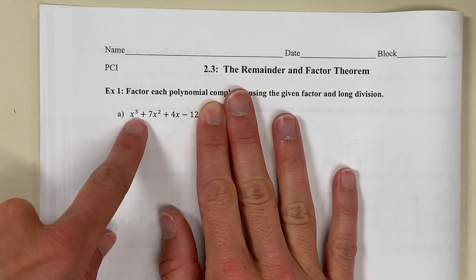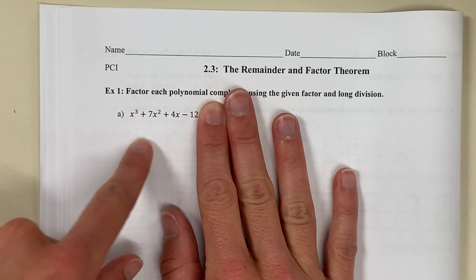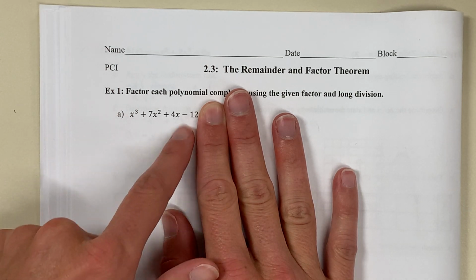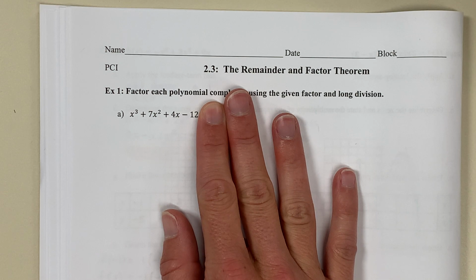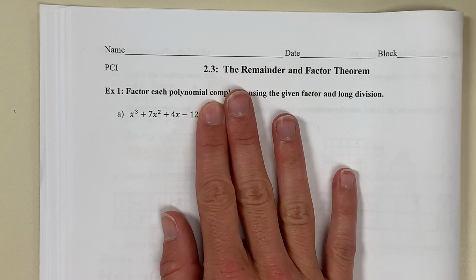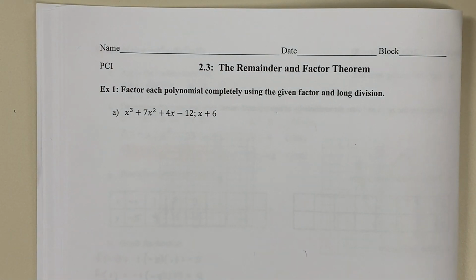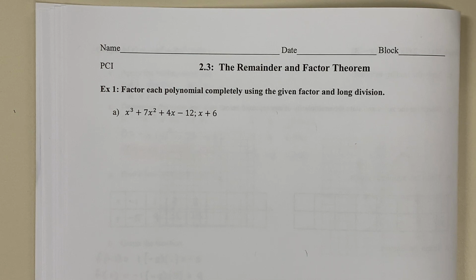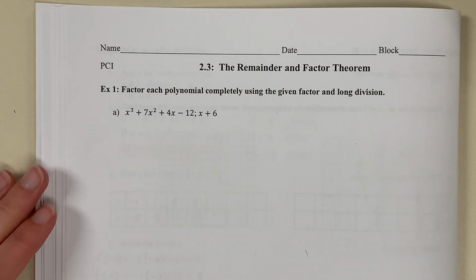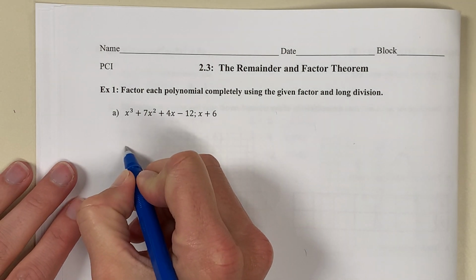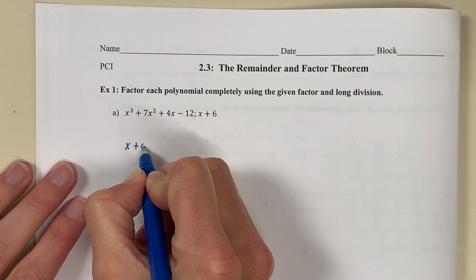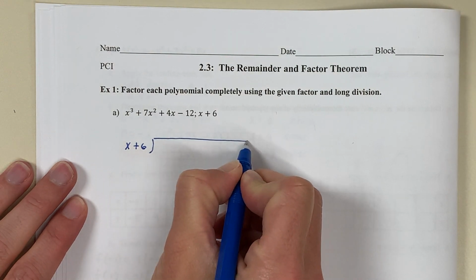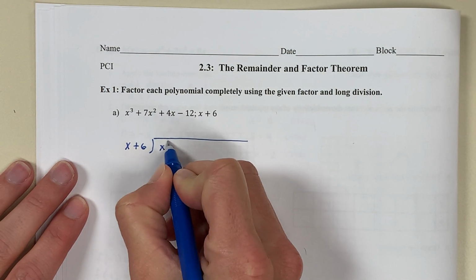This presents us a problem because in order to factor by grouping, the quantity in parentheses, where I had x plus 7 and x minus 3, would have to be the same. And in this case, it's not. So I cannot factor by grouping. Now, because we were given that one of the factors is x plus 6, I can factor the polynomial using long division. So I'm going to divide this polynomial by the factor x plus 6. I'm going to put x plus 6 outside of my division symbol and the polynomial inside,